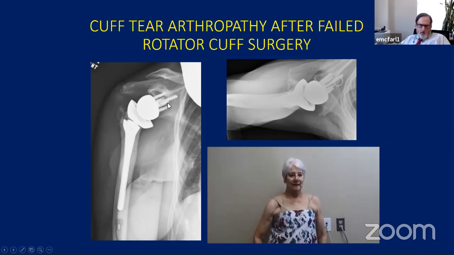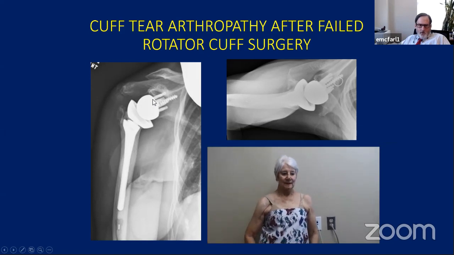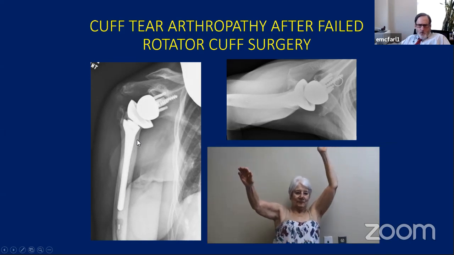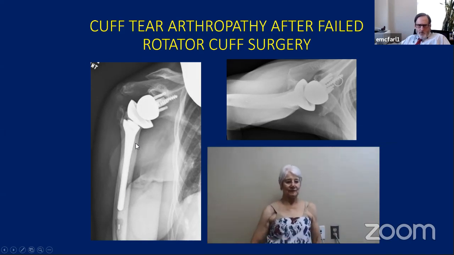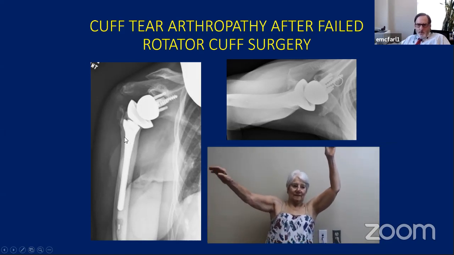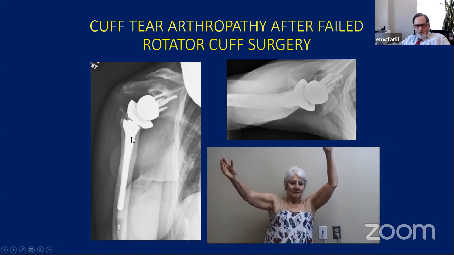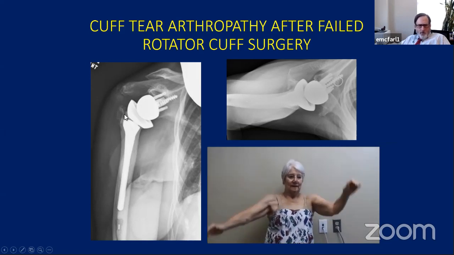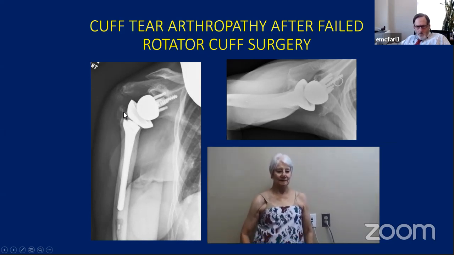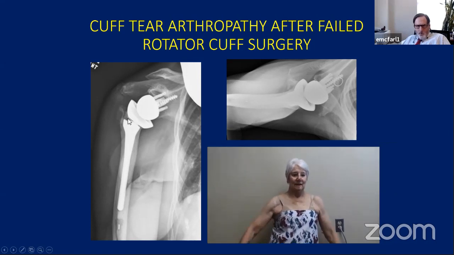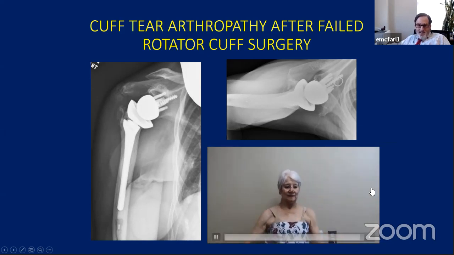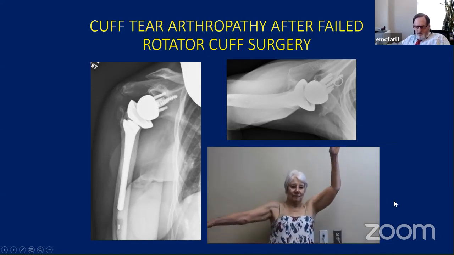Here's again, you notice there's a little inferior tilt on the base plate. And this is early on in the DJO prosthesis. They recommended, as did people in Europe, they originally were cementing all the stems. And these days we press fit everything. She had some trouble with her greater tuberosity. I don't think we broke it off, but again, you want to try to preserve the greater tuberosity because it keeps tension on the deltoid. But anyway, her motion is not fantastic, but she's pain-free and she's very, very happy.